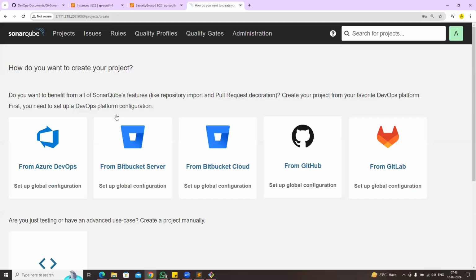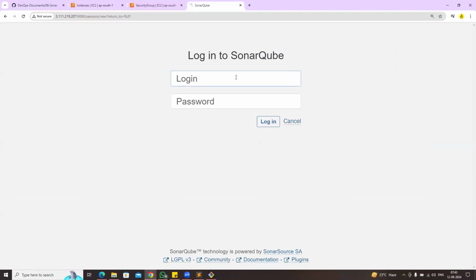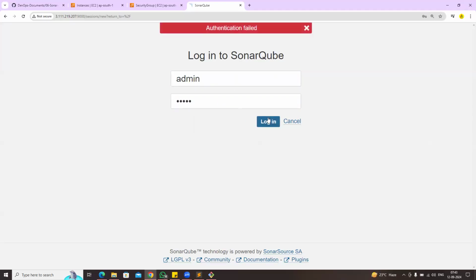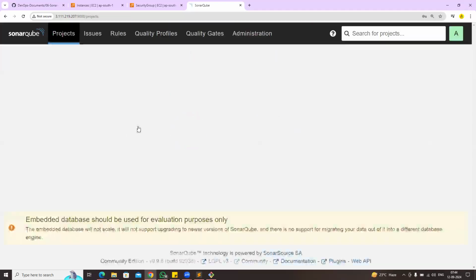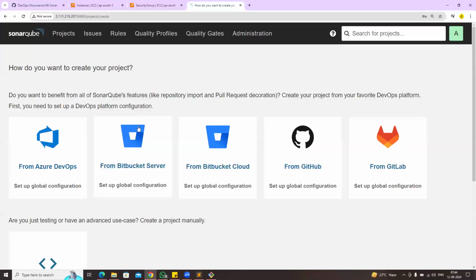Yes, sir. So in SonarQube, whenever we access it for the first time, you will log in with the default credentials. What are the default credentials? The default credentials are admin and admin. So when you log in with admin and admin the first time, it will ask you to change your password. Only the first time it will ask you to update the password. Once the password update is completed,